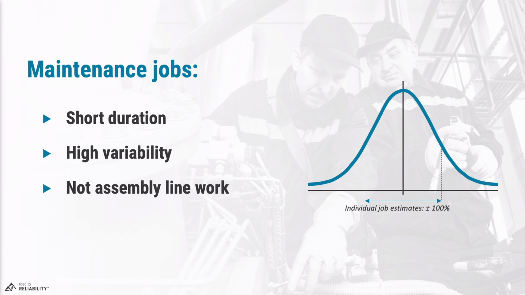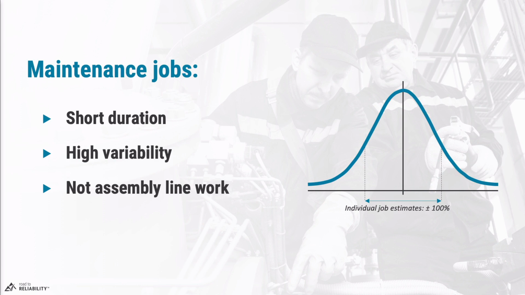And that brings me to the last point, and that is that maintenance is not a repeatable assembly line type of work where we do things thousands or maybe even millions of times. In assembly line work, we really can't afford variability, but in maintenance work, we can't really avoid it. When it comes to assembly line work, we have almost 0% variation between task duration, estimates, and actuals. But with individual maintenance plans and maintenance jobs, that variation can often easily be 50% or maybe even 100% on